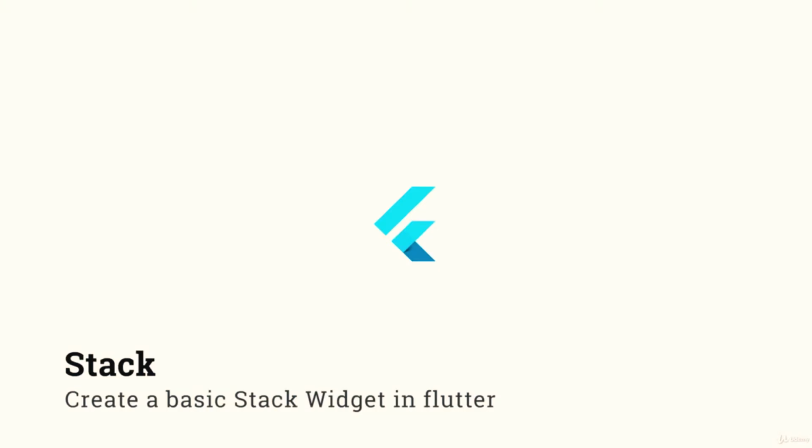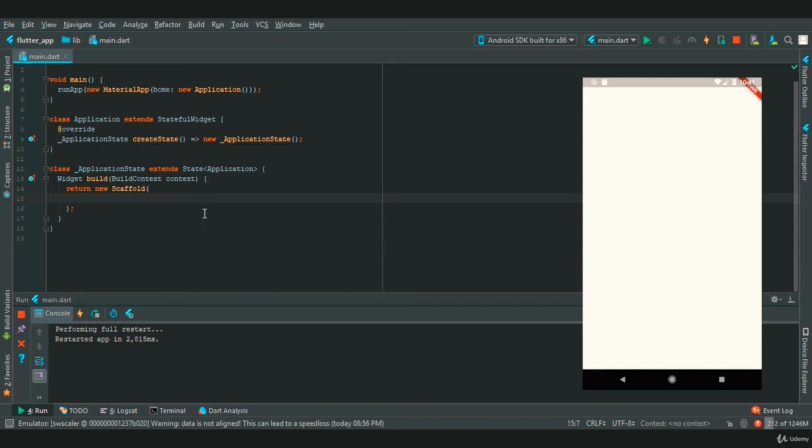Example where you want to overlap a text over an image, or just for sake you want to overlap multiple widgets on each other. So this can be achieved through stack widget. So to implement a stack widget, in scaffold we will provide a body property, and in this we will provide a widget called as stack. Now this stack widget has a property called as children, which accepts list as a widget. So in this we are going to provide multiple child, and the child that we are going to provide is a card.